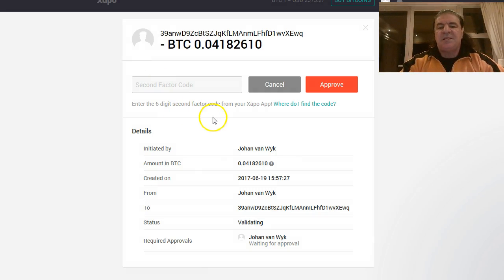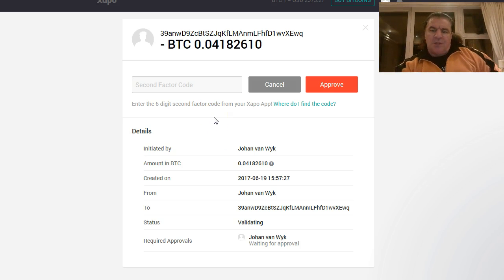And then this normally takes a bit of time. I don't know if my computer is slow or what. It didn't always take time. But now it takes a little bit of time to give you this 6-digit second factor code. It's going to give you a number. It's going to SMS it to you. But you have to wait. You see here underneath, there's going to come up another message like the one you see here.